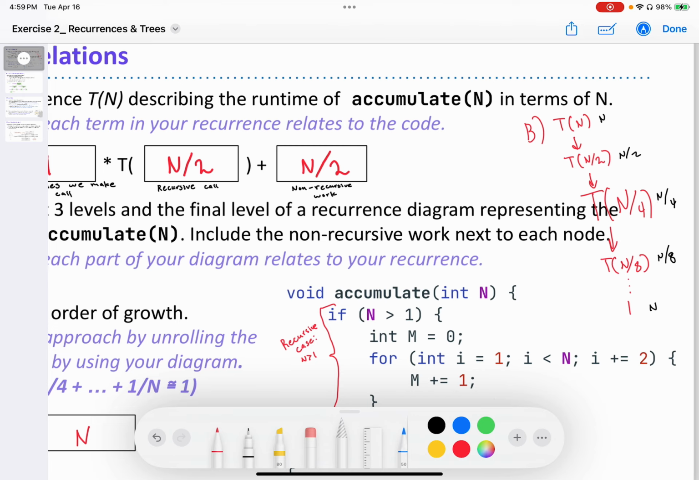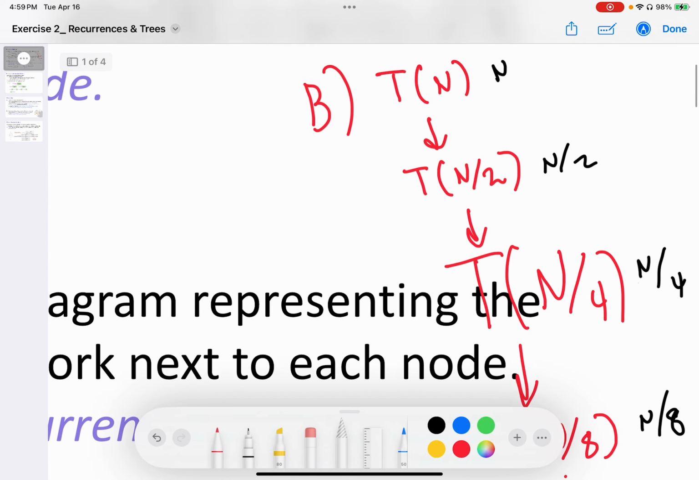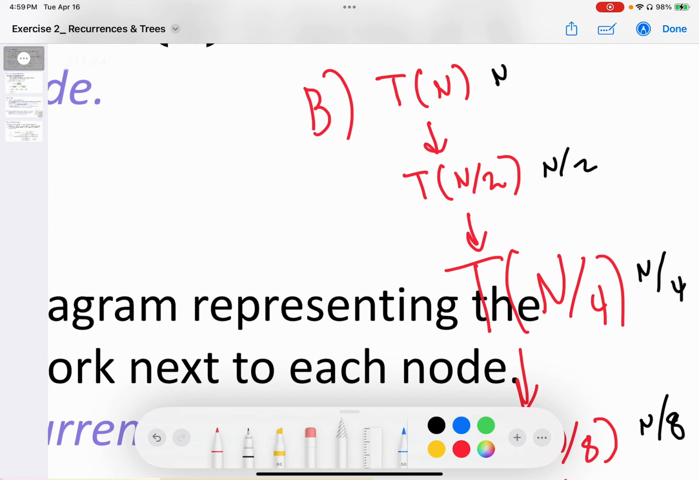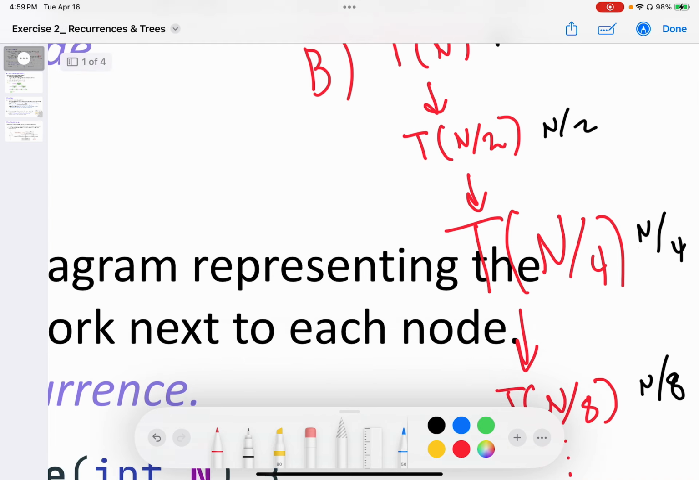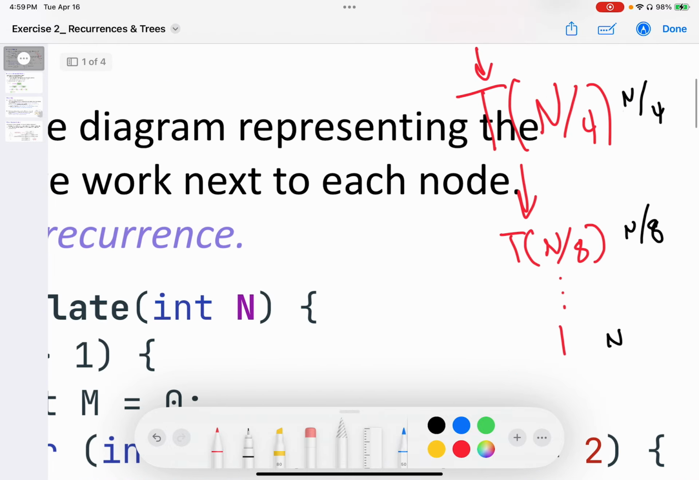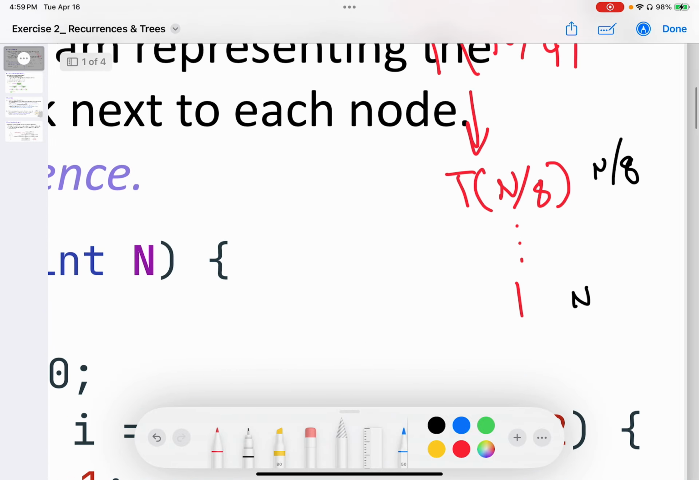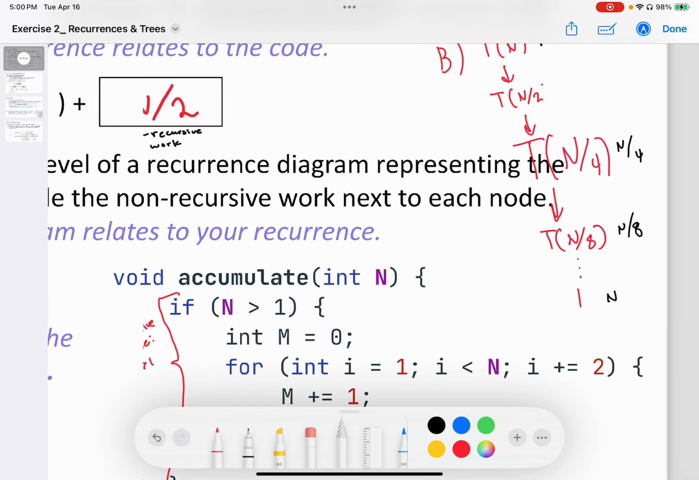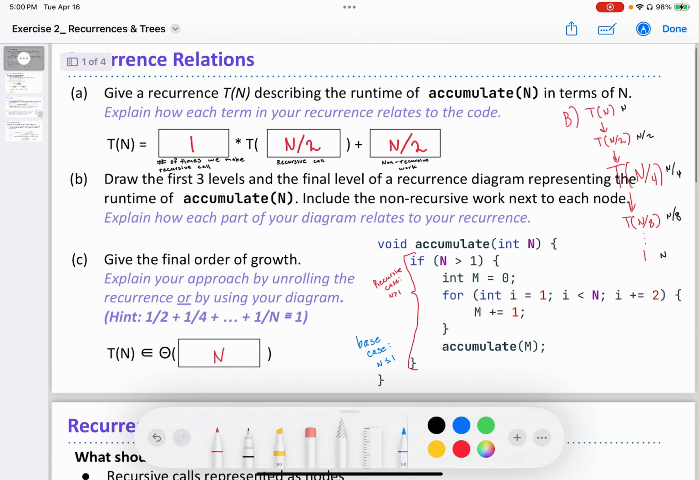Essentially, the reason why it goes from n to n/2 is because at each call, we're dividing the input data n by 2. So n divided by 2 is n/2, divided by 2 is n/4, divided by 2 is n/8, and as this keeps going on, we'll eventually reach the base case 1, which for the non-recursive work would just be described as 1,